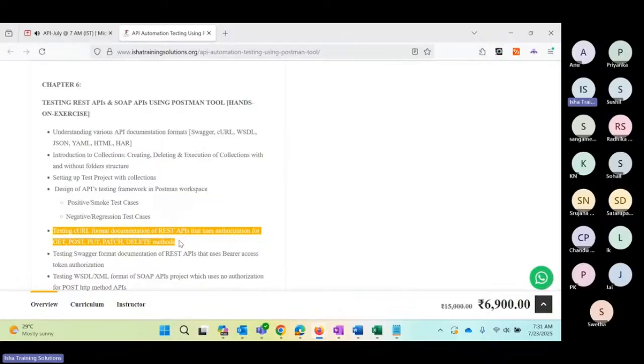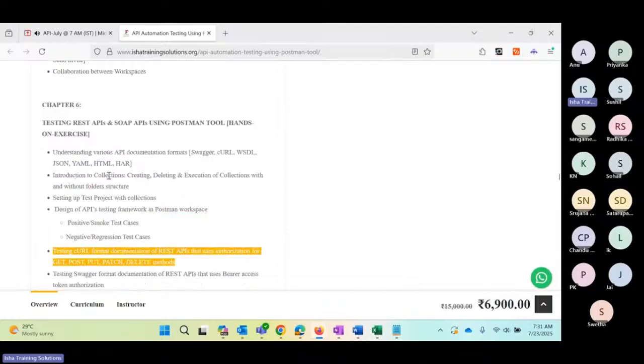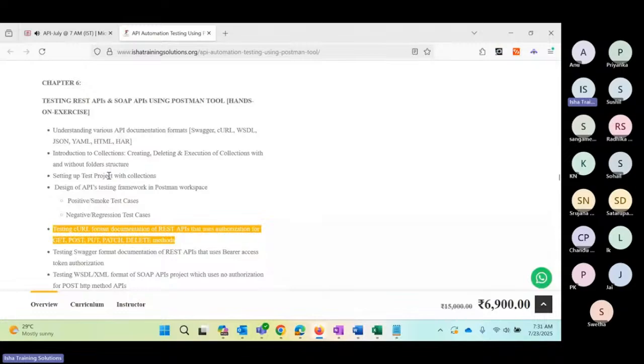Okay. Then I will also take another project. Though I'm saying it quickly in just a few seconds, each point takes a lot of time, right? Chapter 6 is so huge that it will take a minimum, I would say, 8 or 9 classes to complete. After this curl project is completed, which is a REST API project, then I will take one more project